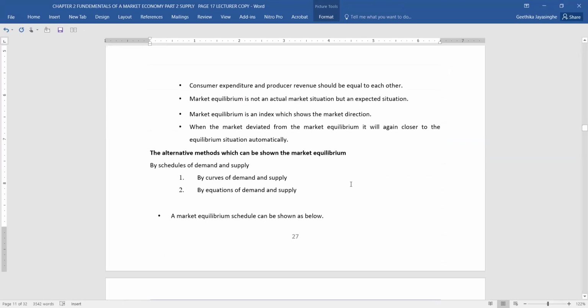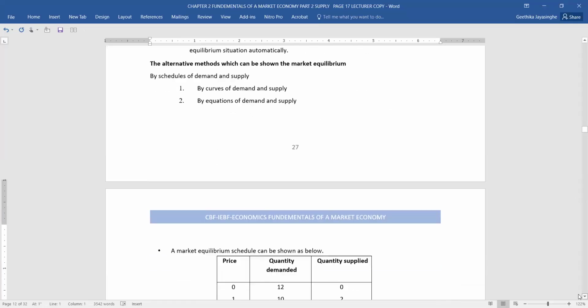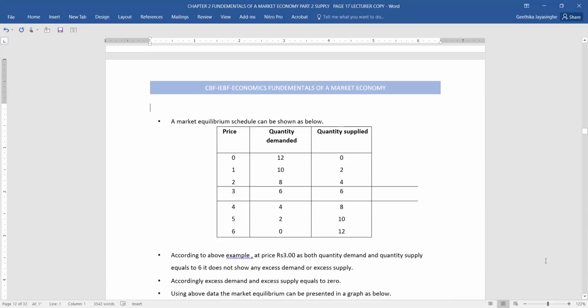So we are going to talk about the market equilibrium, first of all by drawing curves, and secondly by the equation. They say, first of all, the market equilibrium schedule can be shown as follows, because you need details to do it. So for example, say,